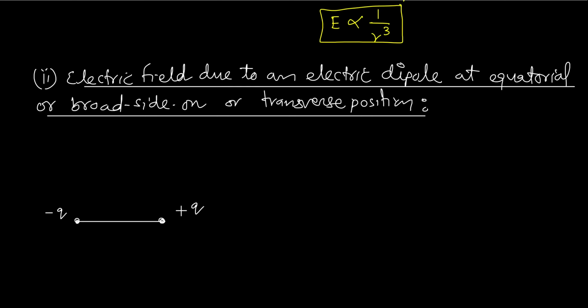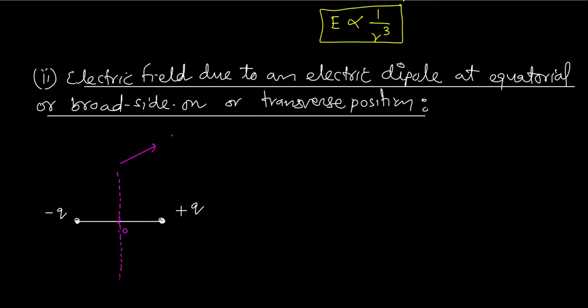The perpendicular bisector of the axis of the dipole. So this is the axial position, and a perpendicular bisector means a line passing through the center of the dipole but perpendicular to this. So you can understand that in 3 dimensions there can be an infinite number of such lines, right? You can rotate this line in 3 dimensions and you will get a whole plane, and that plane will